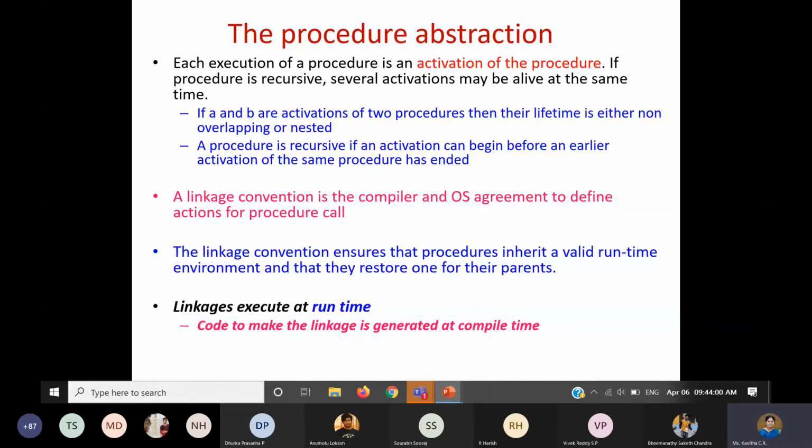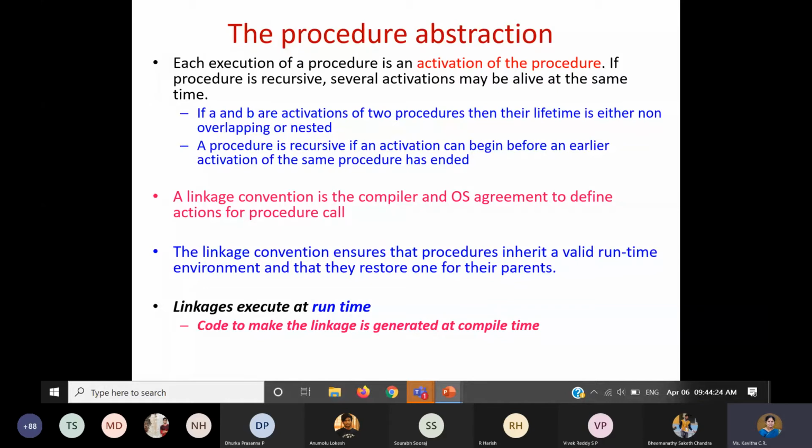Only when it is not overlapping or it is nested. The procedure A is there, and inside the procedure A, maybe I am calling the procedure B. Or if you make a recursive call, the same function is called again and again. So that is what we call activation at the same time, meaning activation of more than one function at the same time.